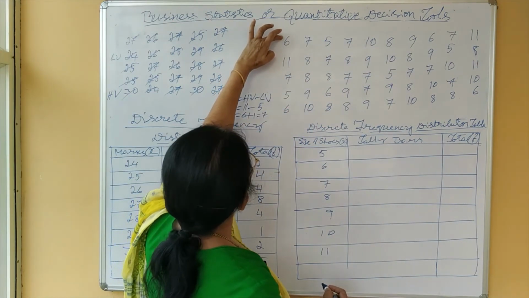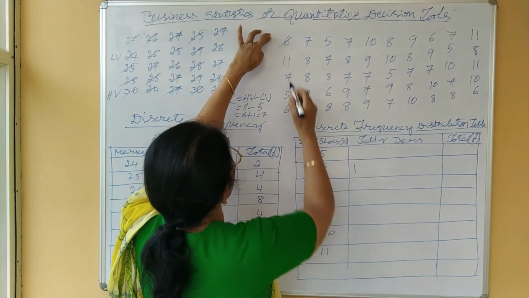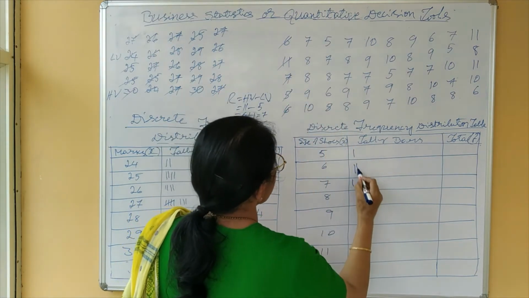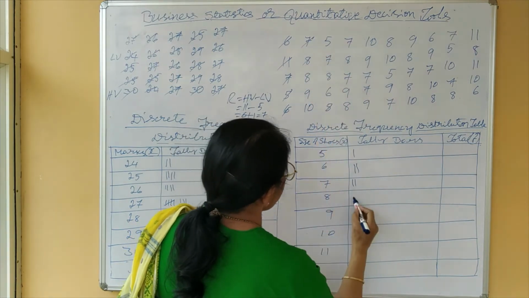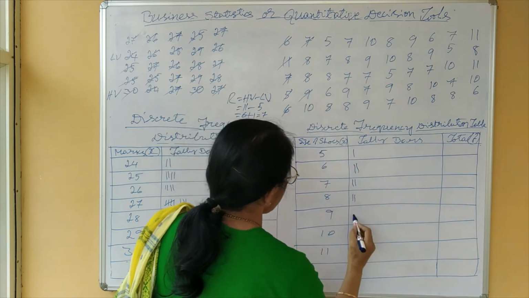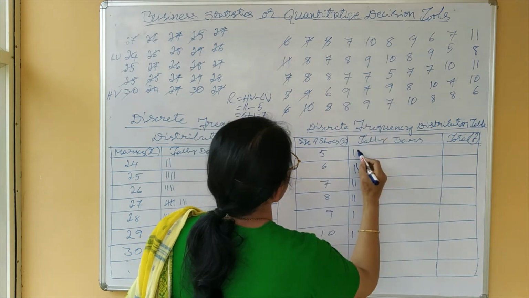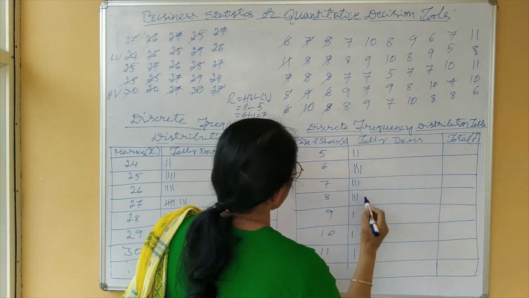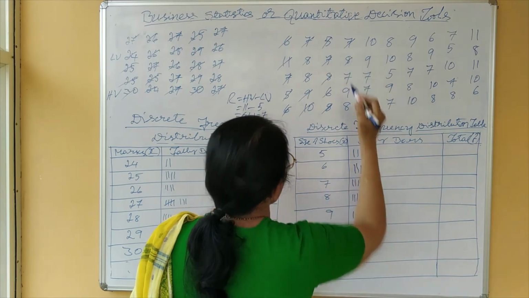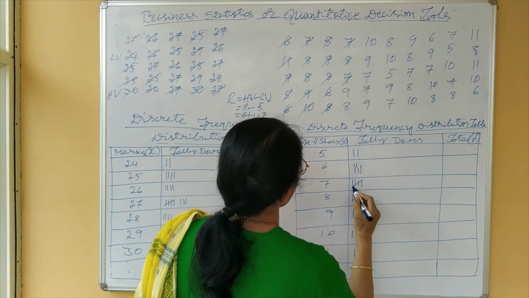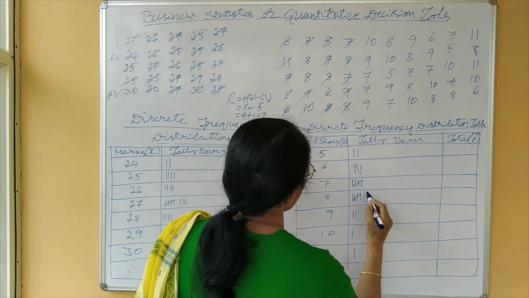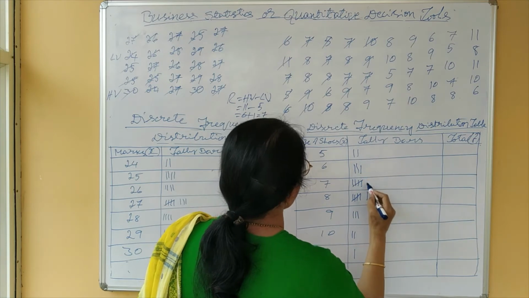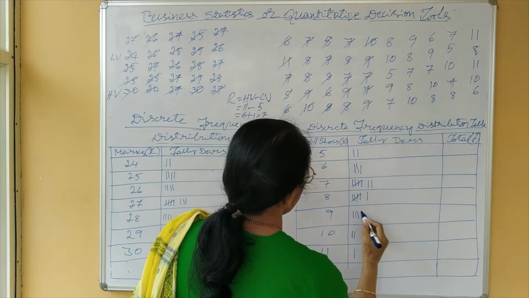Now, you start from the first one, 6, corresponding to 6 put a tally bar, 11, 7, 5, 6, 7, 8, 8, 9, 10, 5, 7, 8, 6, 8, 7, 8, 7, 9, 8, 10, 9, 7, 7, 9, 8,